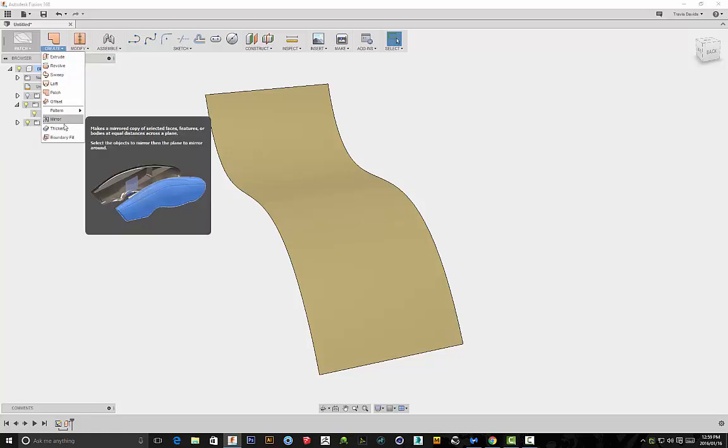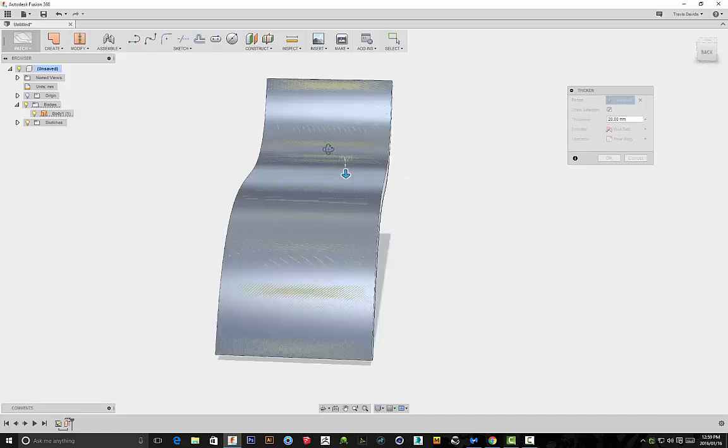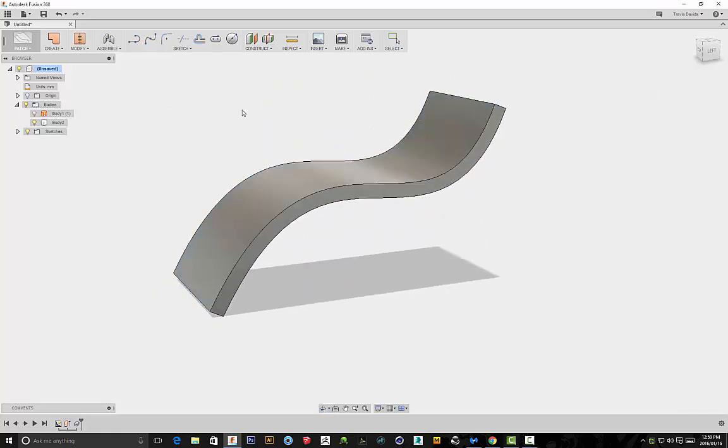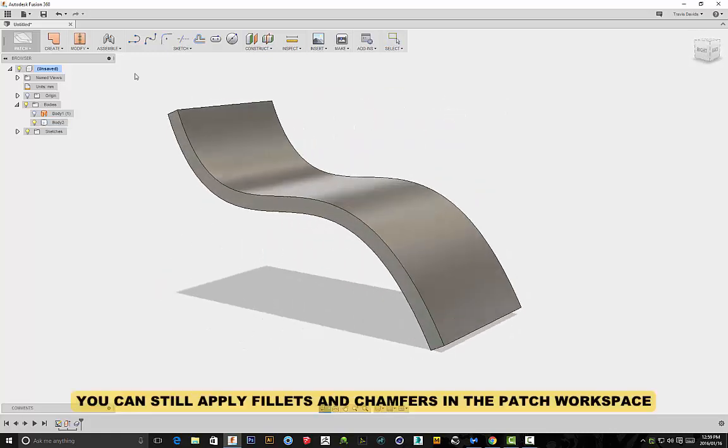Alright, so let's add some thickness to this. So create and thicken. Alright, let's give it about 20mm thickness. Then click on OK. Right, so if you want to edit this particular geometry, I'm going to head back into